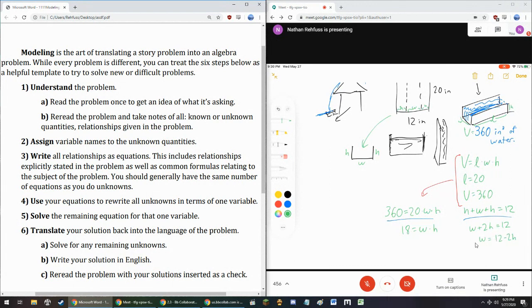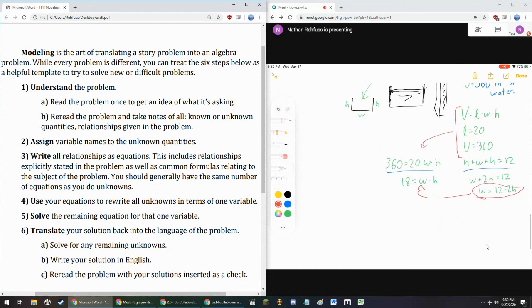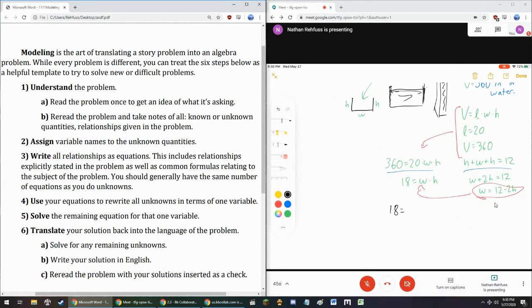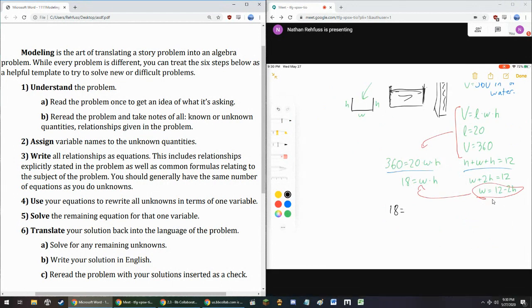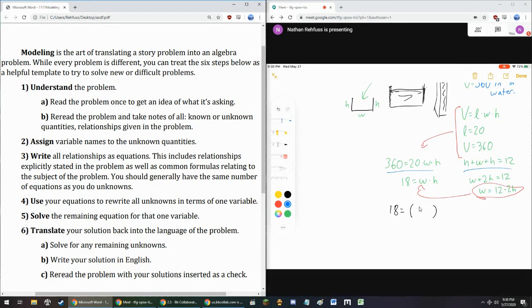Now I can take that width and substitute it in here. And then I'll have one equation in one variable. So I'm going to say 18 equals. Now, when you substitute something, the entire width, not just one term of it, the entire width is multiplied by the height. So to symbolize that, I need to say this entire thing all grouped together. When you want to say this entire thing all grouped together, parentheses are the grouping symbol. I want you to always think of parentheses